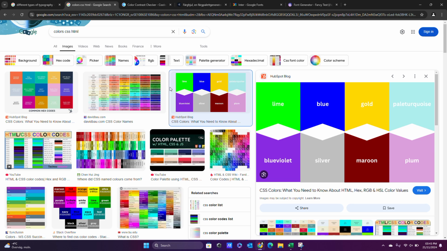And so now we're going to be talking about gradient colors. CSS gradient colors allow a smooth transition between colors, enhancing backgrounds and visual elements. So you could see that